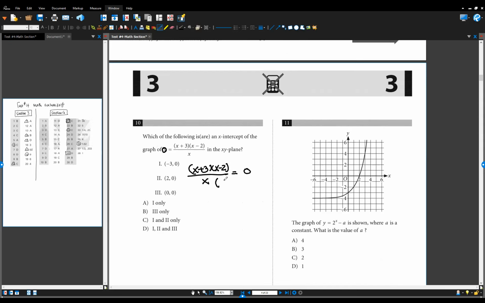If x is 0, it is undefined, but they have a right x-intercept, so we can assume the denominator cannot be 0. So the only thing is the numerator must make it 0, right? Okay, what value of x? X equals -2 or x equals 2. Only these two